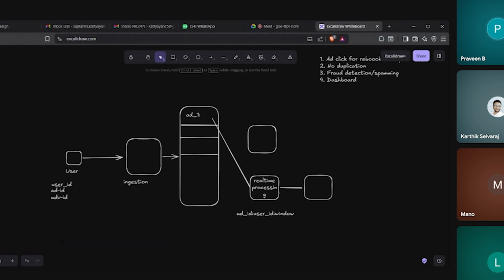Okay. Simply put, what you did in the ingestion service, you'll check for events, right? You'll just ensure that if the event is already seen, you'll discard it. If not, you'll increment the counter on the dashboard. So that's idempotency.